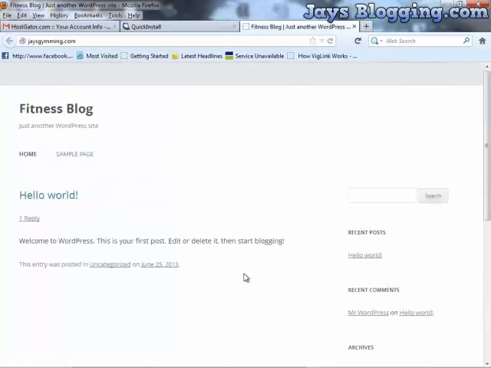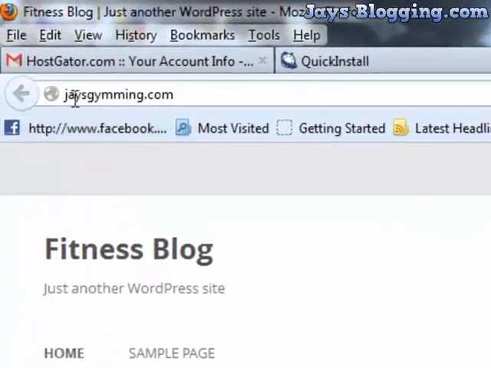So it looks a bit boring at the moment, so what we want to do is go in, make some changes, make it look a bit more appealing. So we're going to start by logging in. So if you go up to the top of the address bar